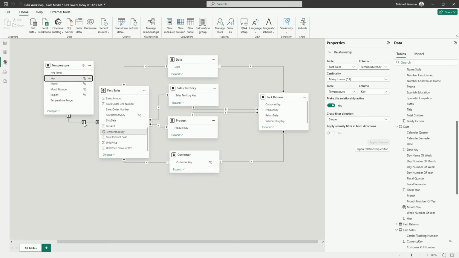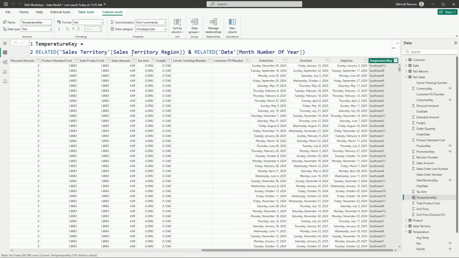The next thing I want to talk about is focusing a little bit more on this idea around row context and those navigation functions to do some more analysis. For example, on any of my dimension tables like sales territory or product or customer, if I wanted to categorize a customer or a country by their volume or their amount of sales, then what I would need to do is on the sales territory table. So if I come over to my sales territory table, for example,